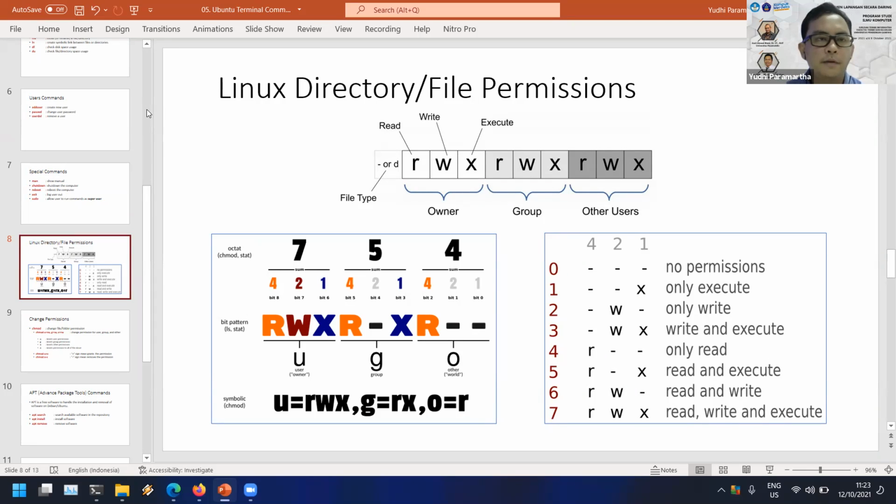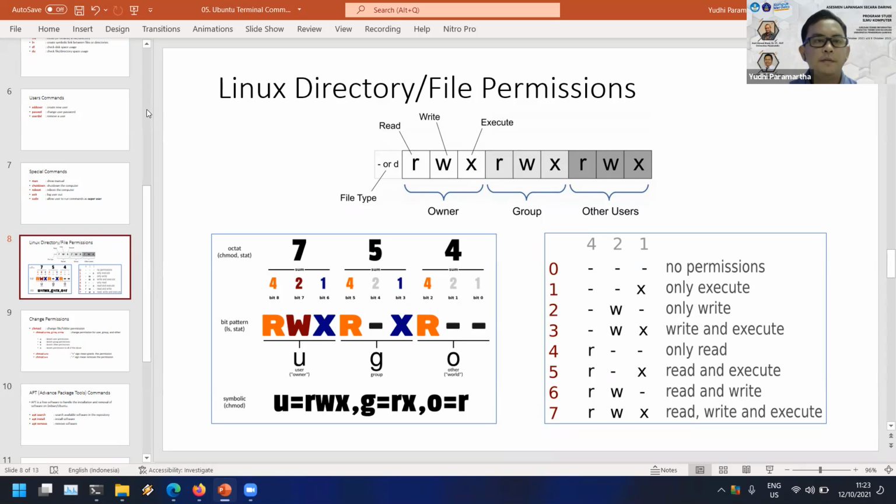Linux has very strong file permission. That's why they say Linux is more secure than the Windows operating system. Maybe it's not actually 100% true, but some of the functions are very secure using the file permission in Linux.